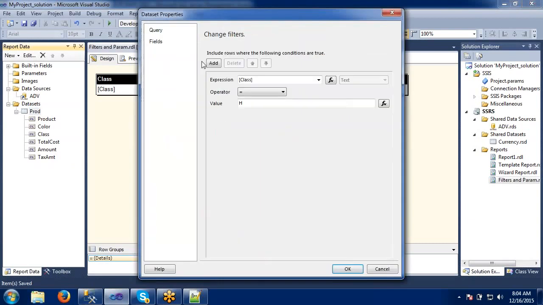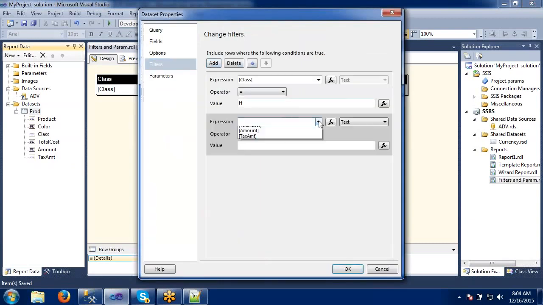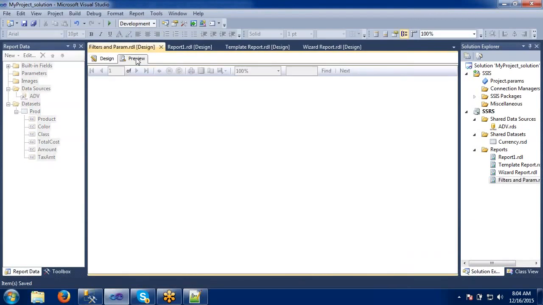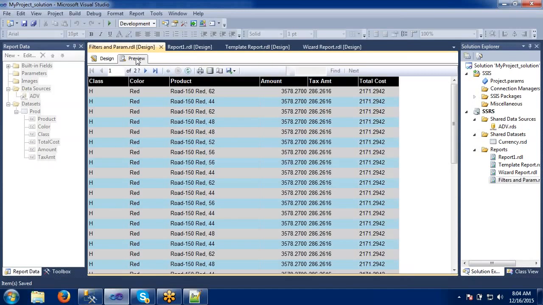We will make it color equals red. See, the color is filtered with red and the class is filtered with H. Now both filters are working here. Like this we can filter our data.